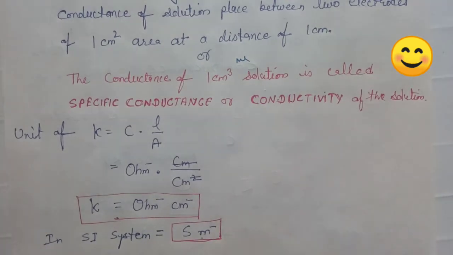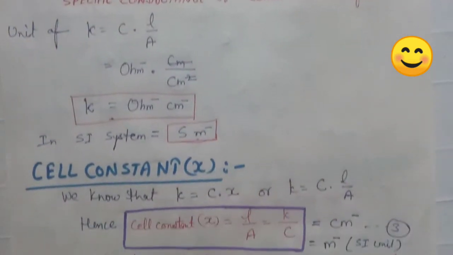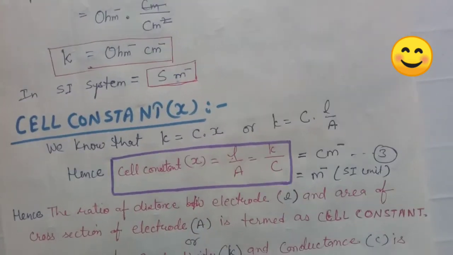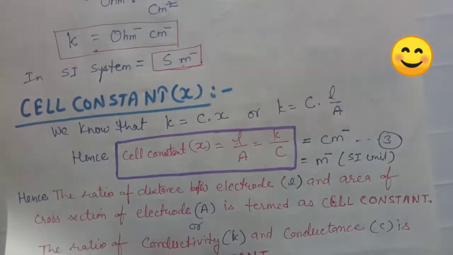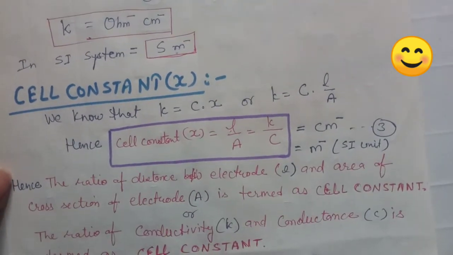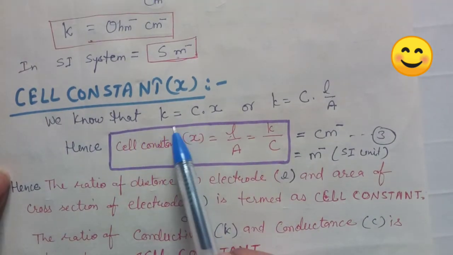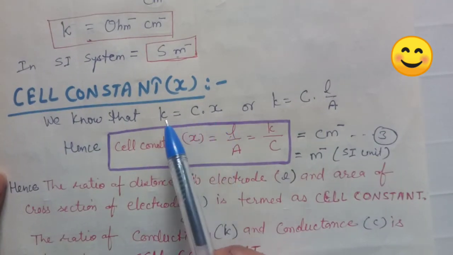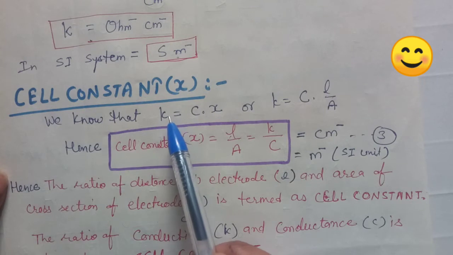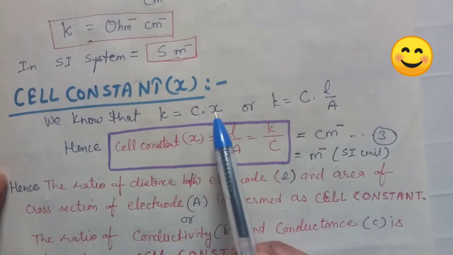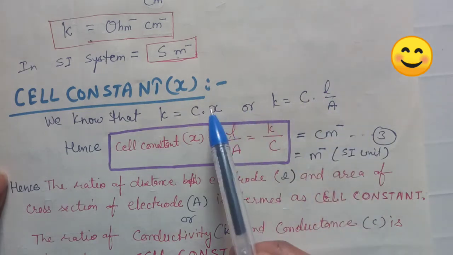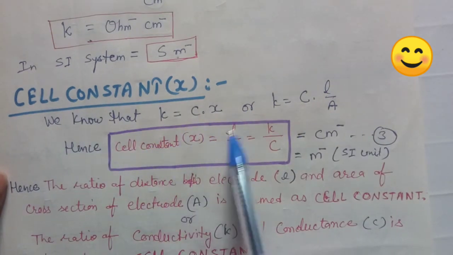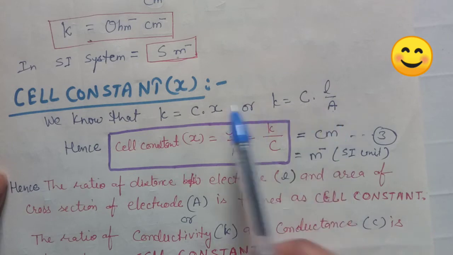Okay, now the new thing here is the cell constant. Now what is cell constant? See, cell constant, as we have seen in equation 2, the kappa is equal to C into X, means specific conductance or conductivity is equal to conductance into X, or we can say kappa is equal to C into L upon A. So the X, cell constant, is equal to L upon A,